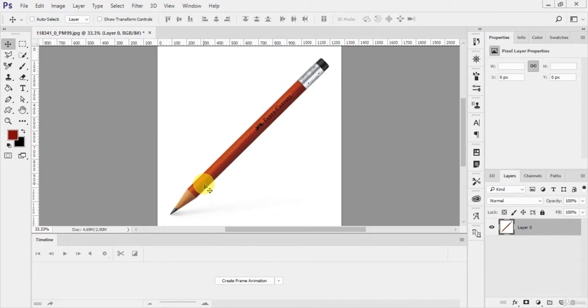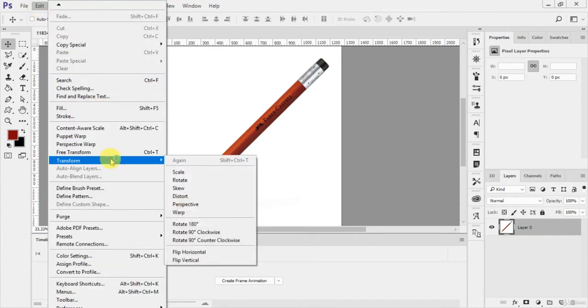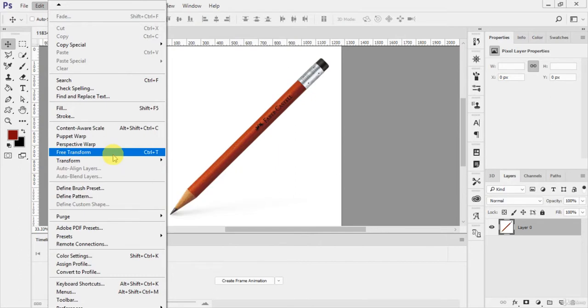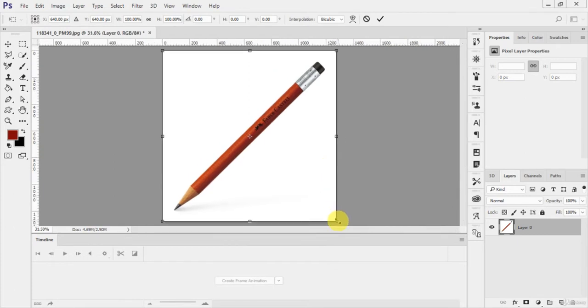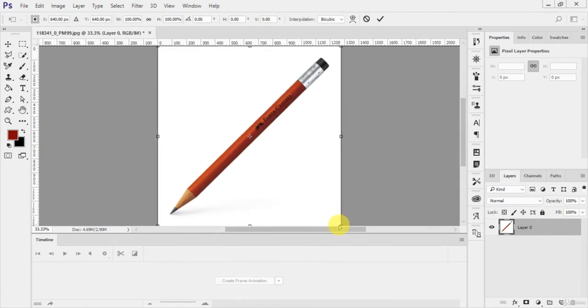So for the transform you can just press Ctrl T, or if you don't have this tool then you can just go to Edit, Free Transform. Here you see the multiple transform, the free transform, and it will allow you to do these things. If you don't have this thing just like here, then you can press Control minus and you can